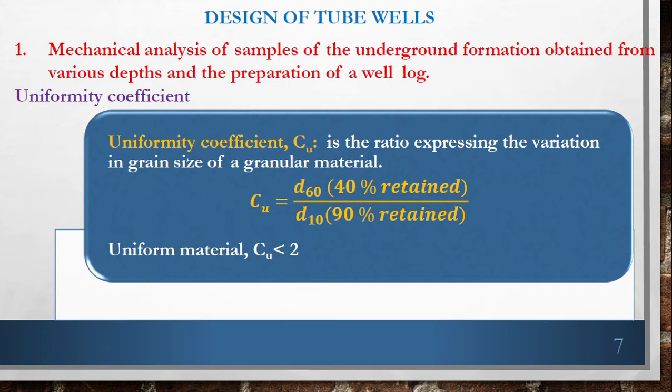That should be less than 2 for formation material, because these two quantities will influence the entire particle size of the formation material. And when the particle size is very low, it can enter into the screen and come inside the well and decrease its capacity. So we have to note these two quantities: one is the effective size and the second one is the uniformity coefficient. For a well, the uniformity coefficient for a uniform material should be Cu less than 1.